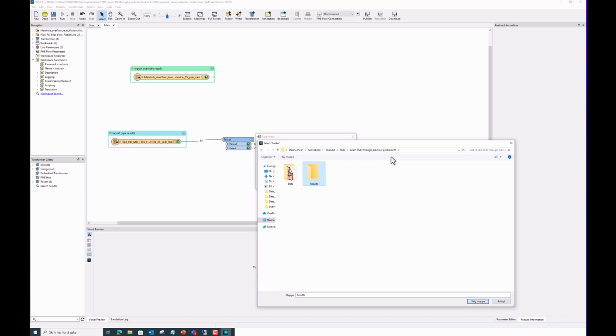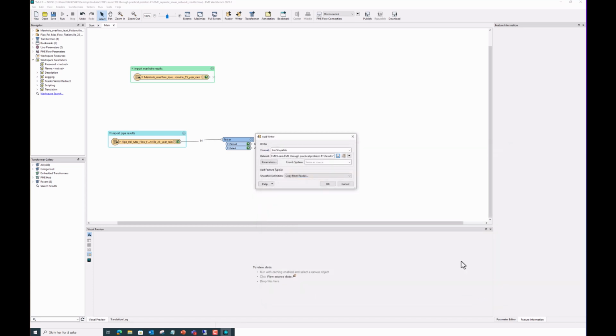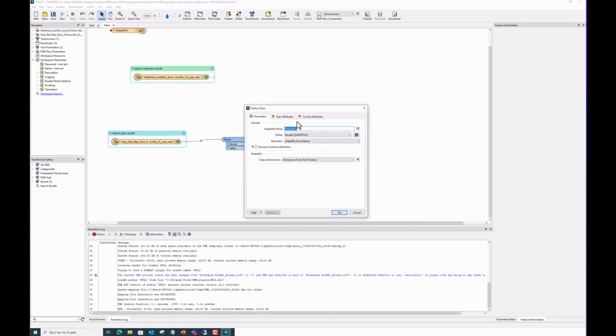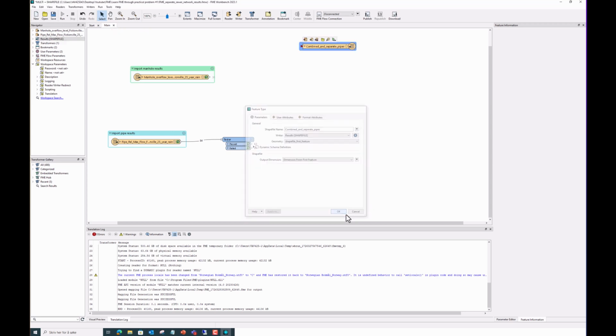So I go to my results folder, which I created for this purpose, and I choose this folder, and I will say automatic because that gives me the possibility to give the shapefile a name. So I will say combined and separate pipes, and I will press OK,